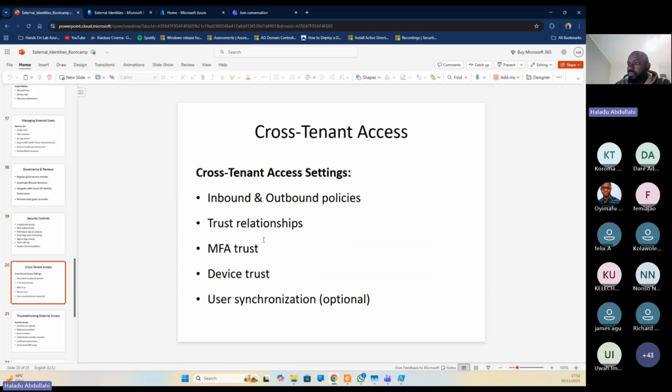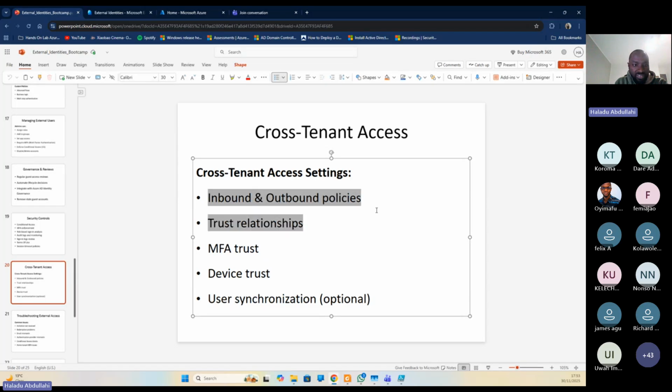All right. Cross-tenant access. I made mention that if you have other tenants, that is, you have a primary tenant and then you have some other tenants, and you want to be collaborating between these two tenants, you can set cross-tenant access under the cross-tenant access settings. Under those settings, you can set the inbound and outbound policies, meaning the ins and outs,